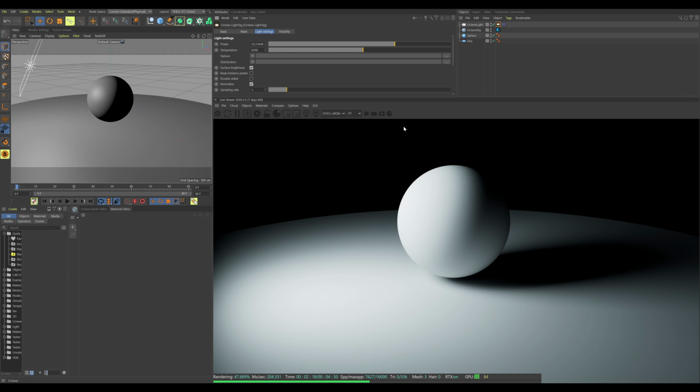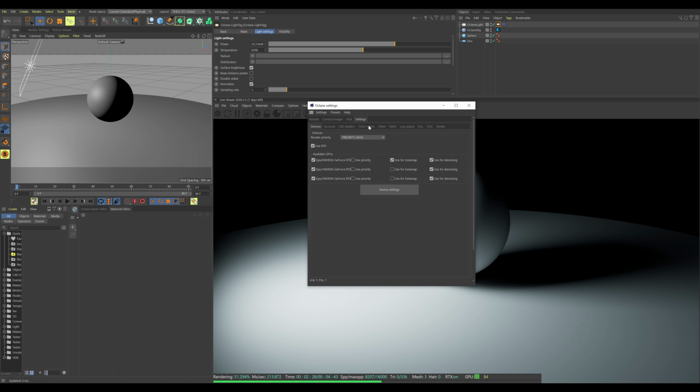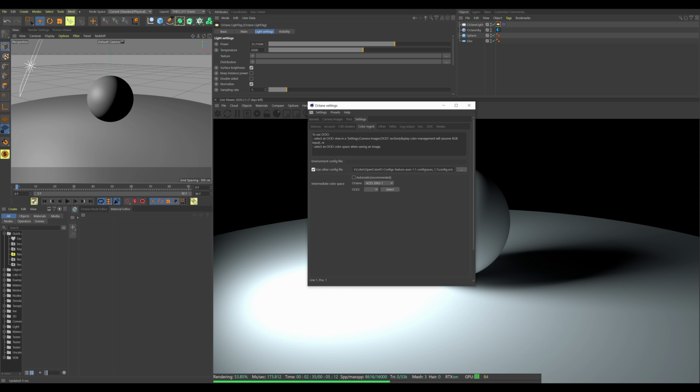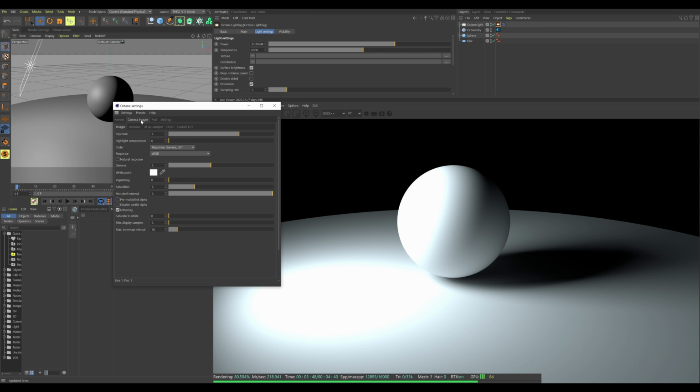Once you have your config file downloaded, go ahead and go over to your settings right here, and then under your Octane settings panel, go to settings again, and then go to color management. So you're going to click use other config file, and then you're going to be pointing Cinema 4D to the ACES file you have. Once you have that config file located, go ahead and make sure it's ACES 2065-1 on Octane and the OCIO. Then what you're going to want to do is go over to your camera imager page